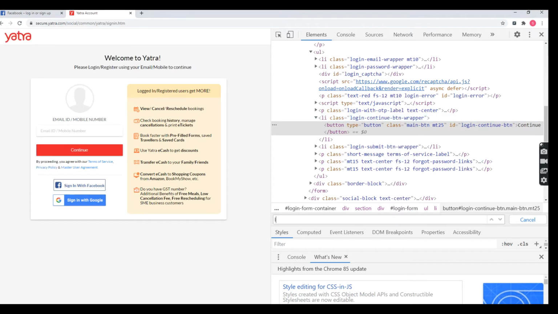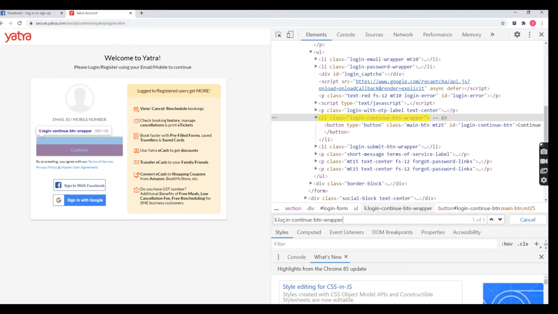So you put li. In the li tag I can see a class attribute, so better you take the class attribute value. For class, what is the symbol we use? Put a dot and mention it here. Again, the button tag is available under the li tag, correct? Give a space, put button. See, it highlights the continue button, correct? So now I'm going to use this kind of single element CSS selector.